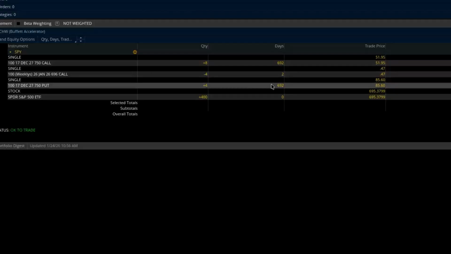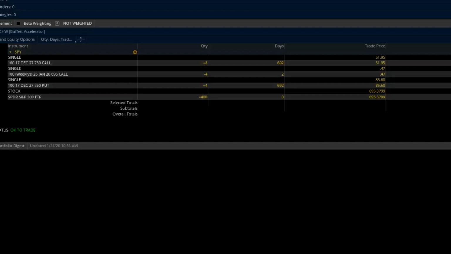Now, the next thing I want to talk about is cost basis. You will hear people talk about selling covered calls at their cost basis. This is something that makes zero sense to me, and let me show you why. Here's what they do. If they buy their shares at 695.37, let's say, every time I sell a covered